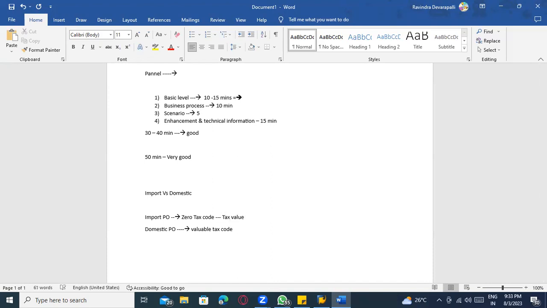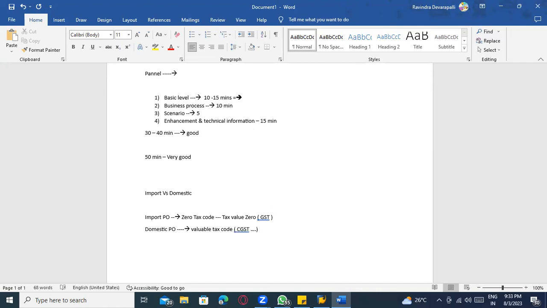You don't need to pay any amount on tax, whether it is GST, central GST, or state GST, whatever it may be; that will be zero. And in the domestic case, depending on the procedure and the vendor, it is determined whether CGST is required, or state GST is required, or central GST is required. That will be applied here. Okay, that is one thing.